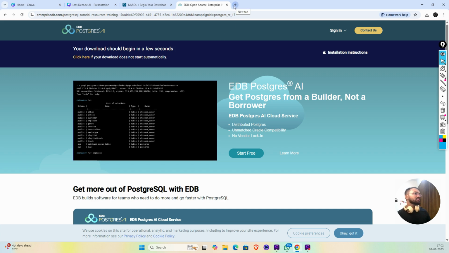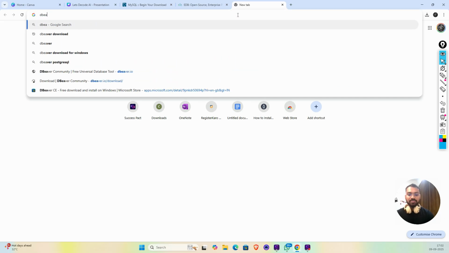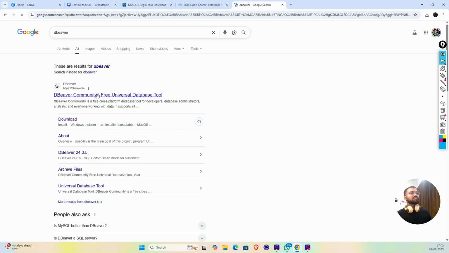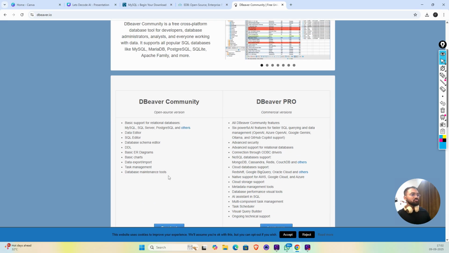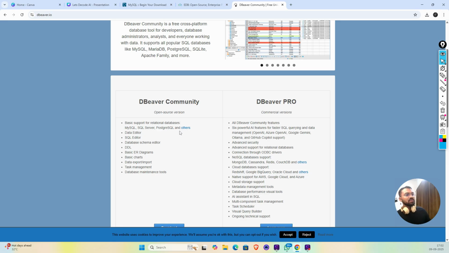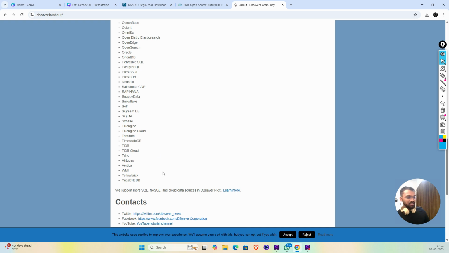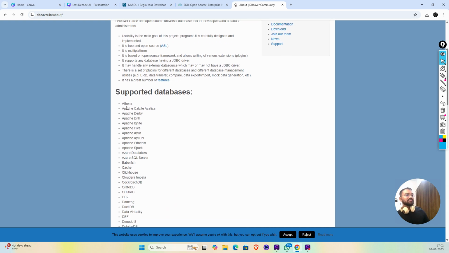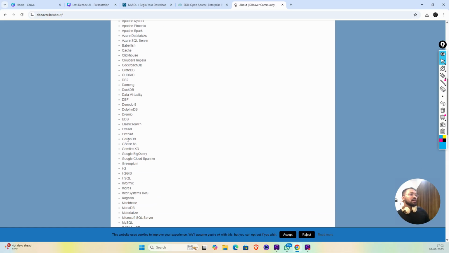There is one more software which I would highly recommend you all to download. It is called dbeaver. Now dbeaver is an open source universal database tool which allows us to connect with all of these different types of databases. So if I open the list of all the different databases that it supports, the list is very long, right? As you can see, it supports everything from Athena, Apache to CrateDB, and it also has an option of, let's see,